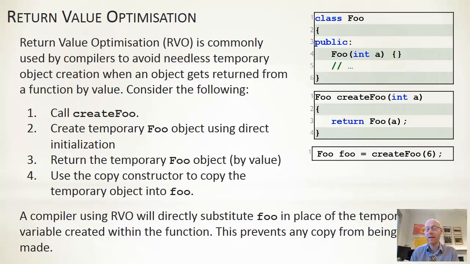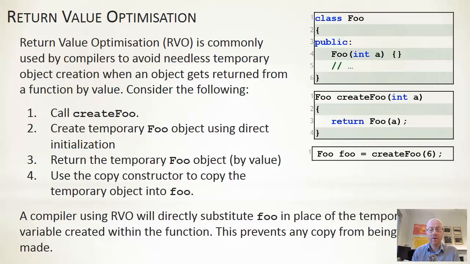It's a temporary variable. That's then returned from the method by value, and we then potentially call the copy constructor to copy the contents of that R value into our foo instance. So this was the thing we wanted to avoid, because there we are creating an object and discarding that object